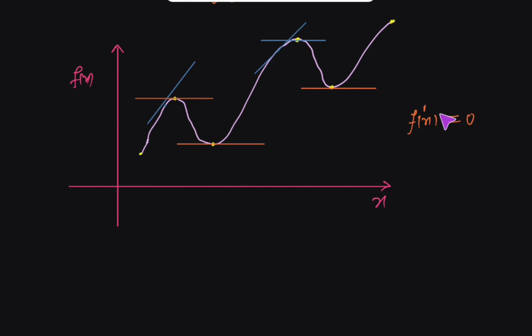So if we take the derivative of the function, it will give us the slope, and if we equate that derivative equal to 0, this will tell us about the points where the slope is 0, and those points where the slope is 0 are simply representing the local extreme points. So by taking the derivative, we can easily find these points.